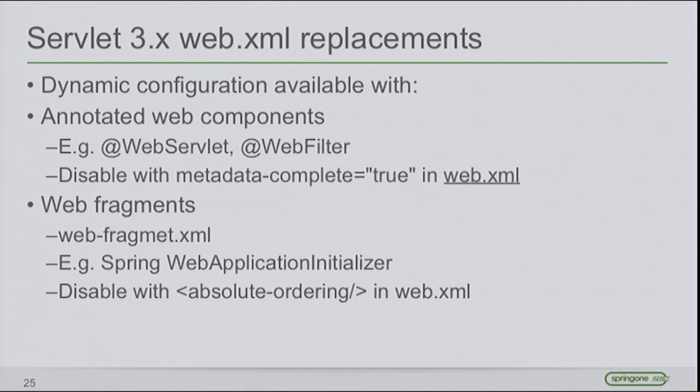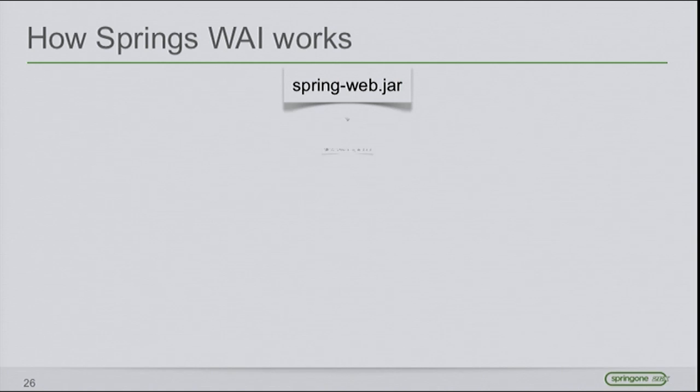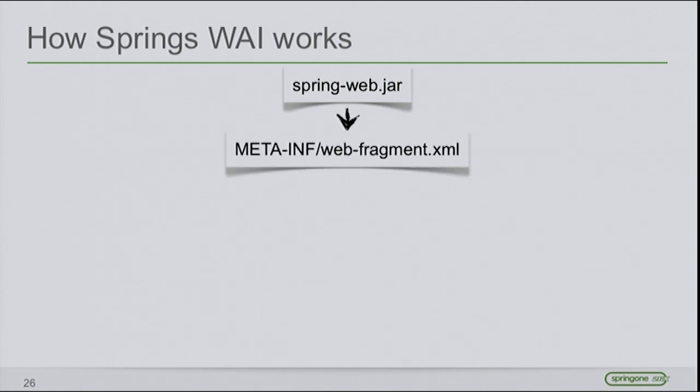It was introduced in Servlet 3. And with that one, you're able to order your web fragments. So you could say Spring should come first, then Hibernate, then this, and so on. And in my opinion, they forgot to have a flag which disables the web fragments. Therefore, they say, well, if you want to disable web fragments, just create an empty absolute ordering. And that means no web fragments at all. So that means if you want to disable it, use metadata complete true, so you should always do that, and an empty absolute ordering element in your web XML. That's the only way to disable it.